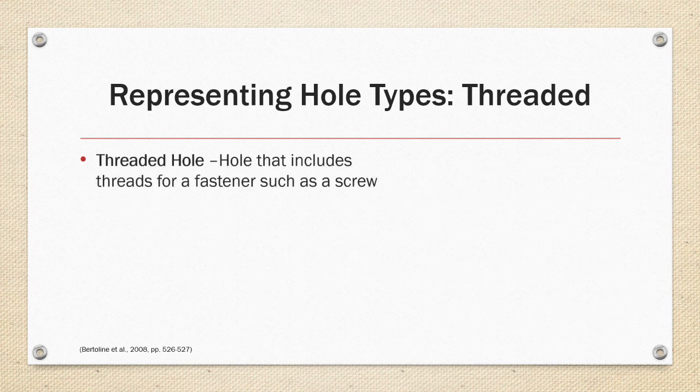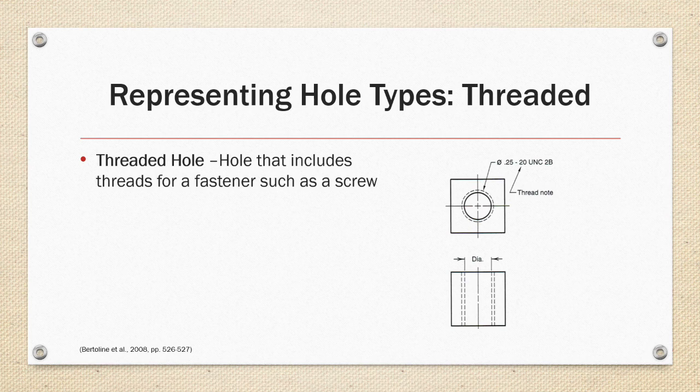The third hole type is the threaded hole. The threaded hole can be either blind or through, but includes information to define the thread inside the hole. In views normal to the hole, the minor diameter of the thread will appear as a visible line circle, and the major diameter will occur as a hidden line circle. Typically, the diameter, thread pitch, and if applicable, the depth of the threaded hole are called out in this view.